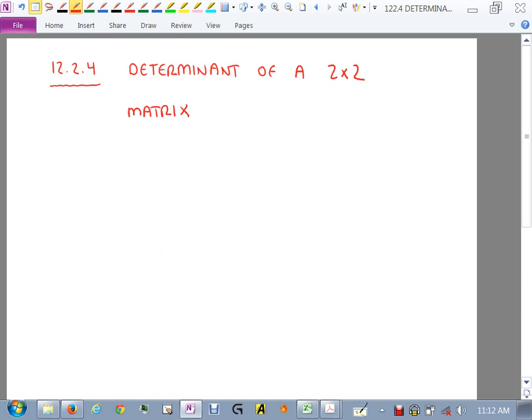Okay, last time we talked about what we meant when we say 2 by 2 like this. This meant we have rows and columns, right? So this means if you have a matrix that has 2 rows and 2 columns,